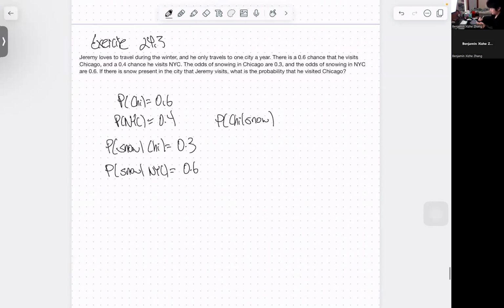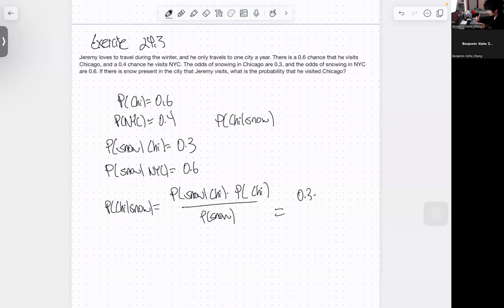Cool. So if we write this out using Bayes' theorem, it's the probability of snow given Chicago times the probability of Chicago over the probability of snow. So we already know two of these things, which we use to calculate the numerator up here. So we know snow given Chicago is 0.3, probability of Chicago is 0.6, but we still need to find the